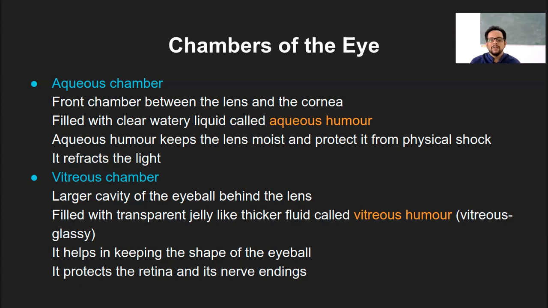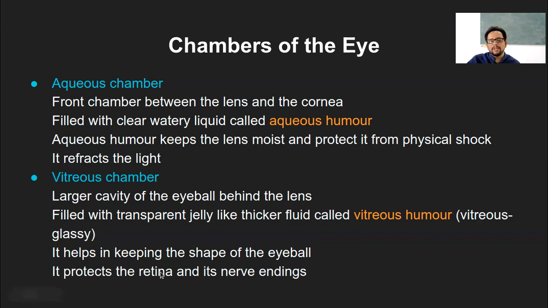Sometimes you might have heard that some people have too much eye pressure. So that is a direct indication of the amount of vitreous fluid present in the eye. If someone's eyes are paining like crazy, a throbbing pain we call it, that could happen because the pressure in the eye has increased. That means the amount of fluid present within the vitreous chamber is increased. And if it is less, then there will be problems seeing an object. Blurred vision is the common phenomenon there. So that is the vitreous chamber and the vitreous humor.